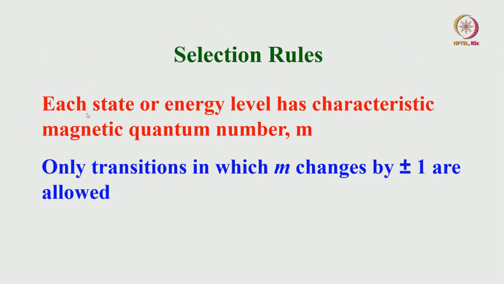Now, we can also discuss what is called selection rules. Any spectroscopy for that matter will have a selection rule, that is, the transitions that are allowed between different energy states. Since time is getting up, I will stop here, and we will come back to this later in the next class. But today what we discussed in this class is